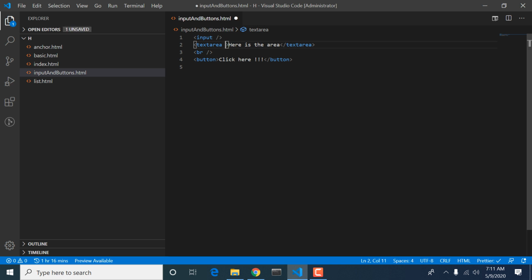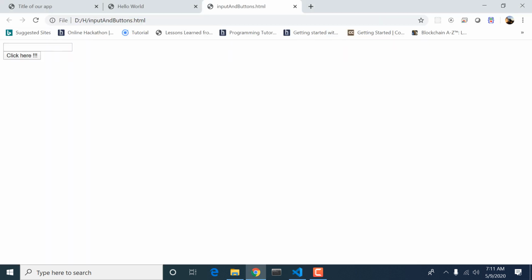Okay, so here we can give the width as 200 and height of the text area as 600. Let us suppose. Okay, so this is our text area.